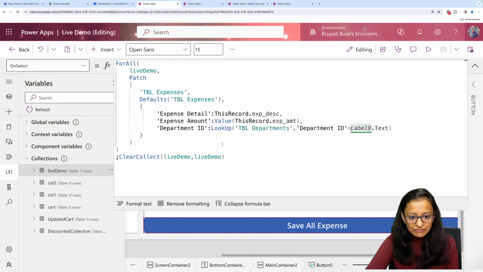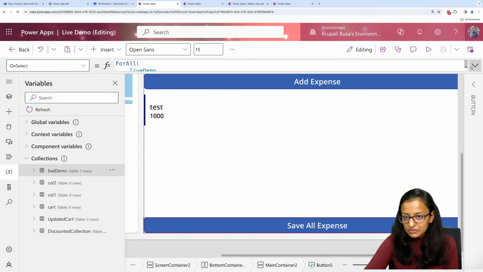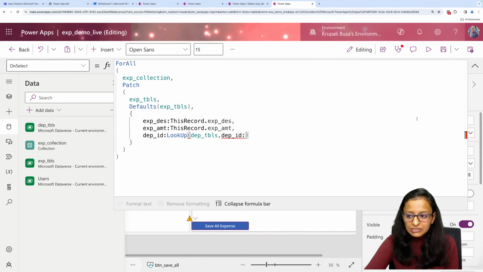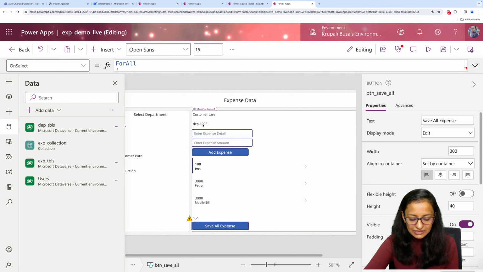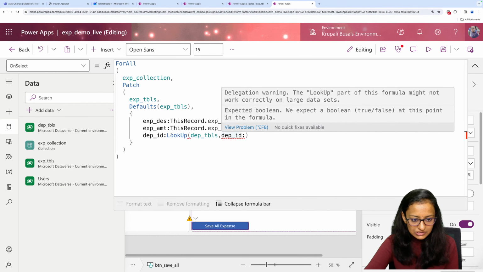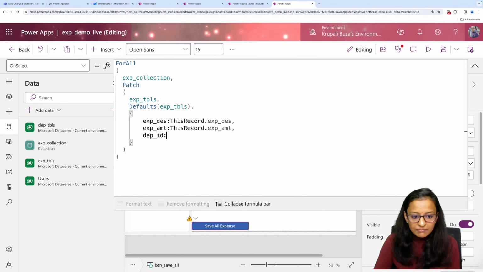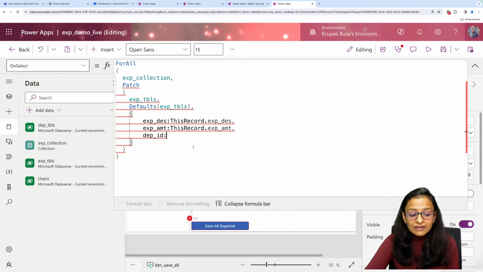This should be equal to the column, this should be equal to the value which is showing in that label. So let me show you. Now this value we want to insert into that. So for that, go back there and write it again, and make sure you write the correct name